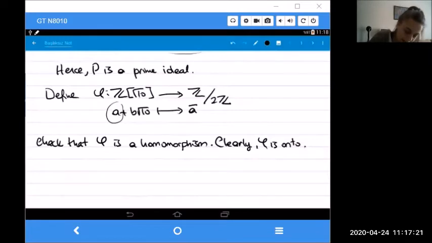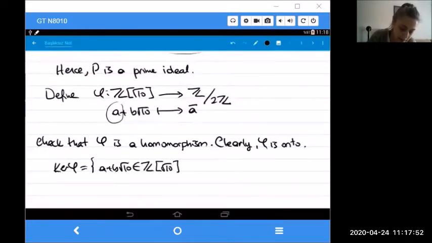So let us check its kernel. I think it is not hard for you to check that a function is a ring homomorphism, so I leave it to you as an exercise. You need to check that our function preserves addition and it also preserves multiplication. So let us check its kernel. It contains all A plus B root 10 in Z root 10 such that the image of A plus B root 10 is equal to